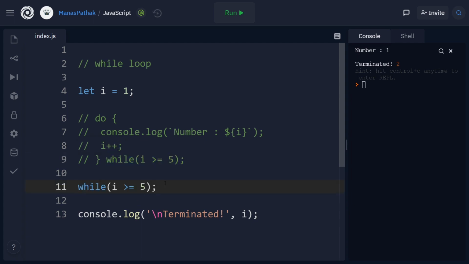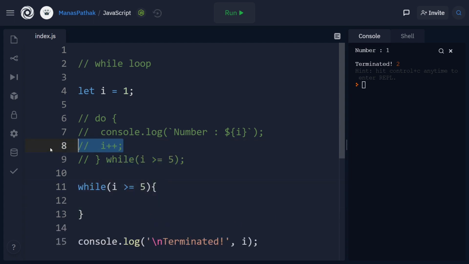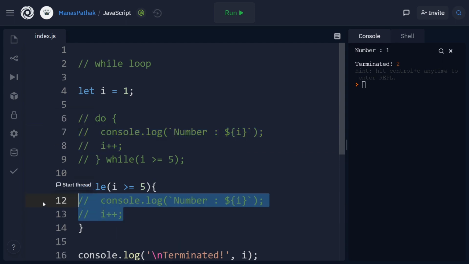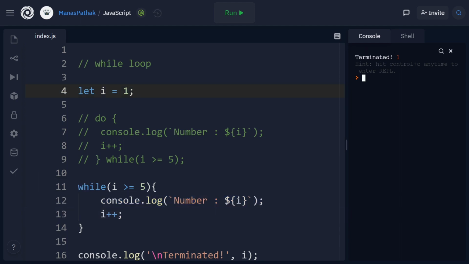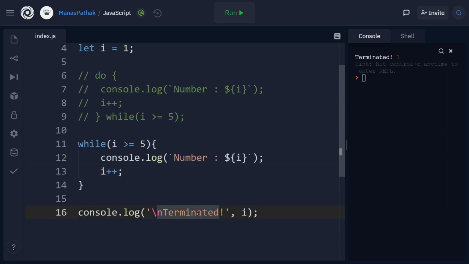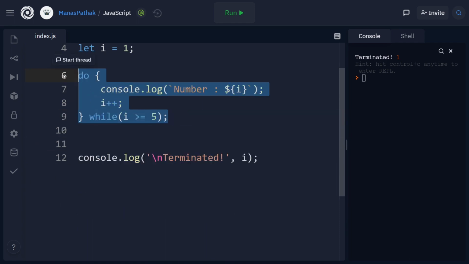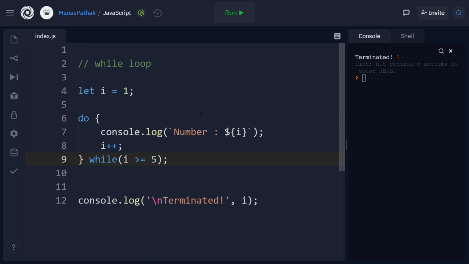And now let's see what we'll be getting if we do the same thing with a while loop. So let's copy this, and I'm going to be copying this code as well, and let's uncomment this. Now if we run the program, we are getting terminated and 1 because the value of i is not incremented. Whenever we are working with a while loop, the condition is evaluated first, and if the condition is true, we will move on and execute this code. But in this case, the condition is false, so we are going to be terminating and ending the loop, and we are coming on to the next line after that. So let's get rid of this. This is how a do while loop works in JavaScript.